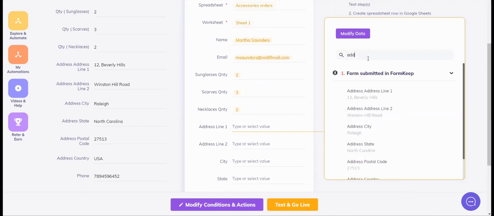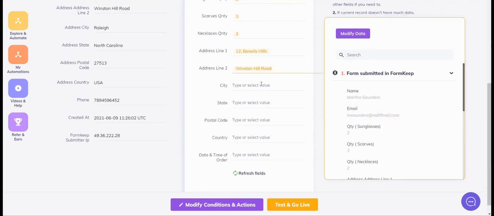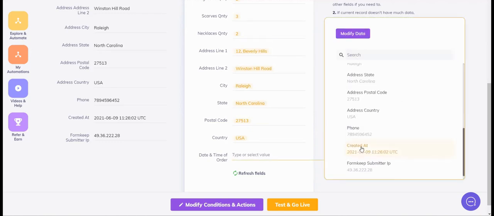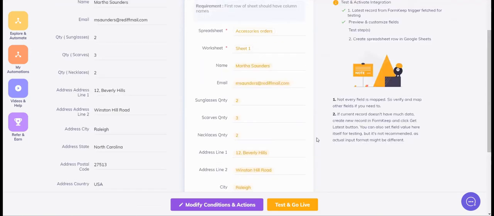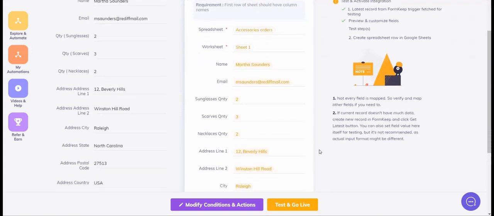I'll say address line, same, 2, city, state, code, country. Okay. Now my last field is date and time of order. So I have this created at. As you can see, within a few seconds, we have actually mapped all our fields.